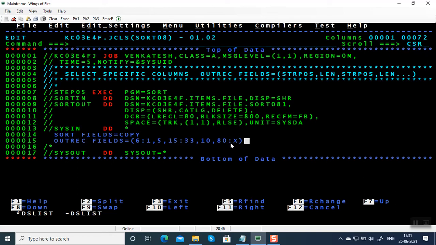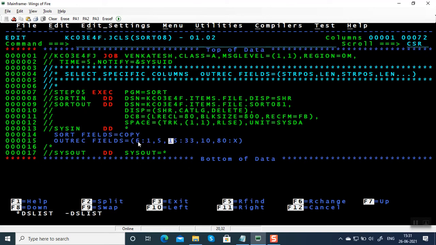Whenever you introduce any data in the output file, whatever is present before that will be automatically padded with space. For example, here we have started item number in column 6 and brand name in column 15.